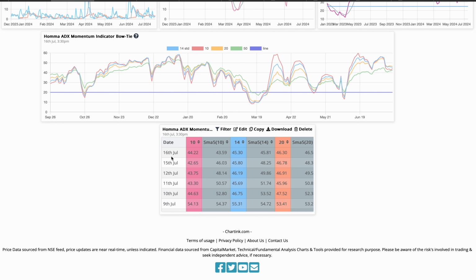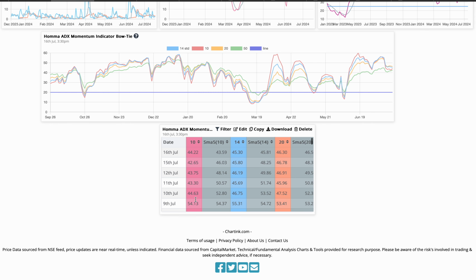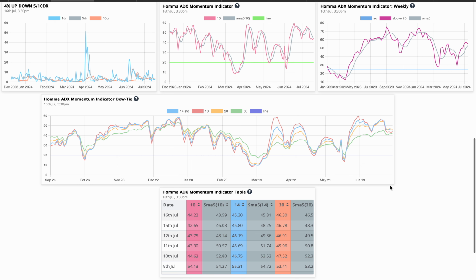What about today? 16th, 44.22, 43.59. So the 10 MA actually rose above the 5-day average, and the last 5 days, 1, 2, 3, 4, 5, were not considerably bearish, but definitely bearish. Okay, so what it suggests, and you can also see from the bow ties, is that